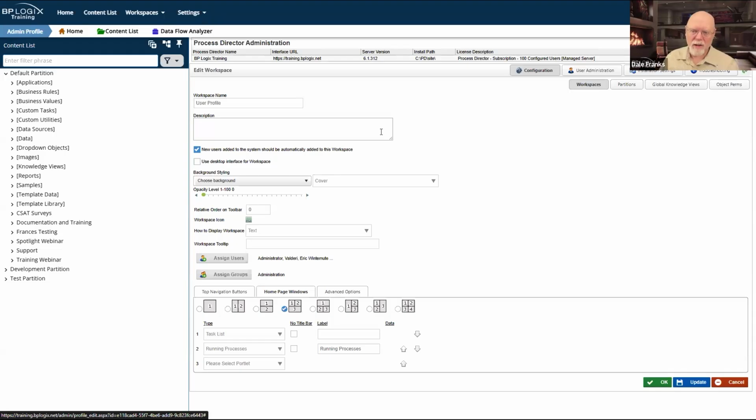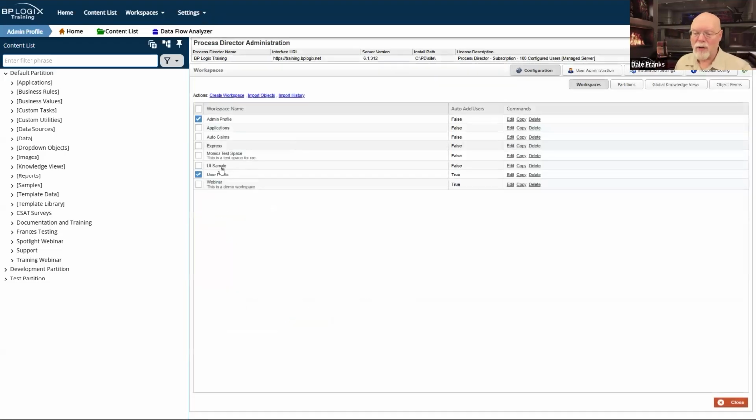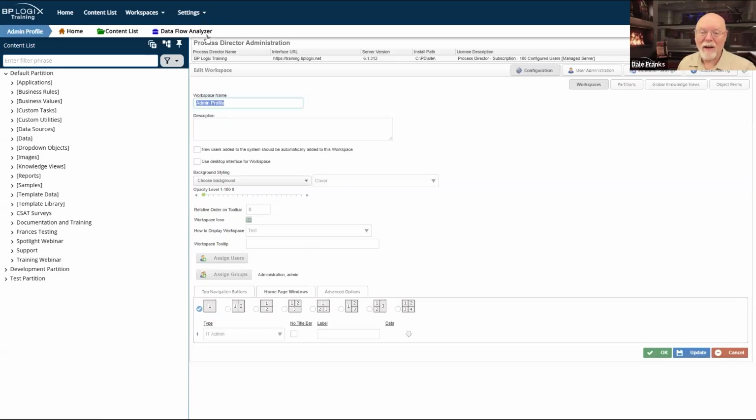It'll probably have most of the things that you want, although I find that the default version of the admin profile still isn't great because it does not contain a link to the data flow analyzer. And I like having the data flow analyzer because it's not such a big deal now when I run a business value, because I can always test the business value and get the first 100 rows back. So I don't need to use it for business values anymore. But for other instances, like for example, I might have a form that calls several different business values. It's really great to be able to go in the data flow analyzer, look at that form, and just check to be sure if something is going wrong.